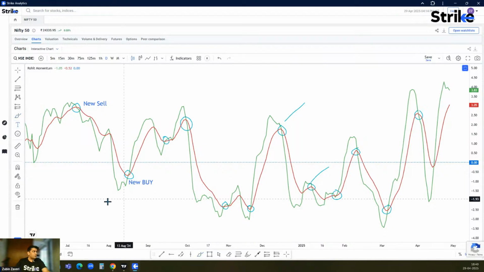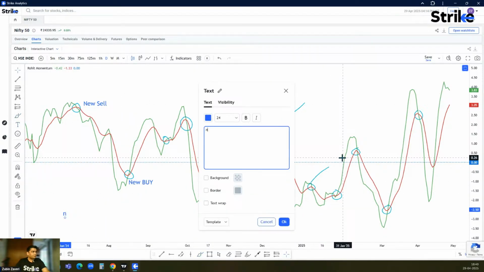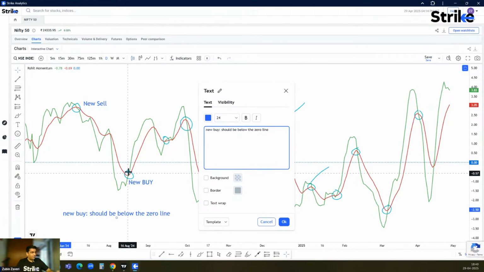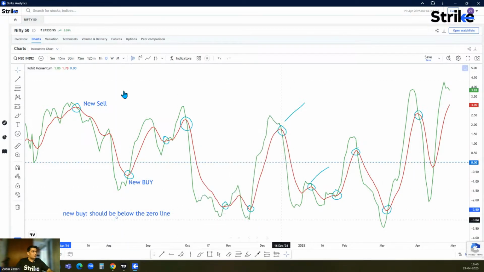So what we want is a new buy signal. New buy generally should be below the zero line to be more effective, when the new buy signal comes below the zero line, or maybe something like this. So if a signal comes down over here, touches the blue line and then gives a new buy signal, something like this over here. If this happens,